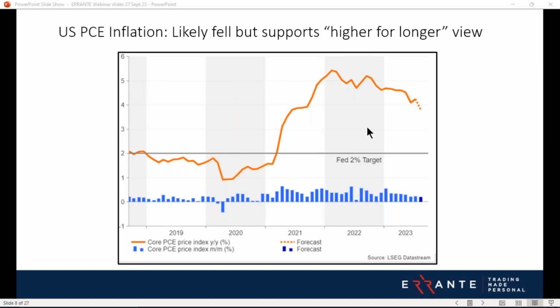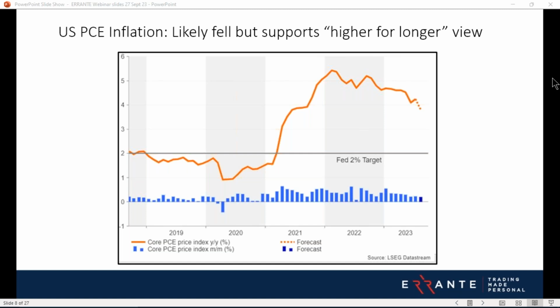Powell, certainly he was encouraged by the last three inflation reports, but he said he did, of course, want to see more than just three decent readings. So that's core PCE data. We'll just quickly go to